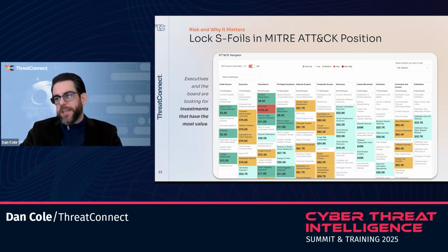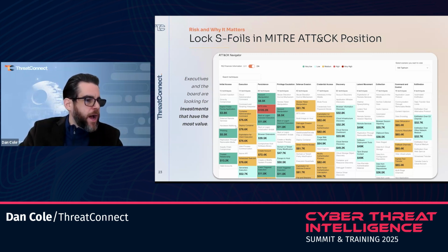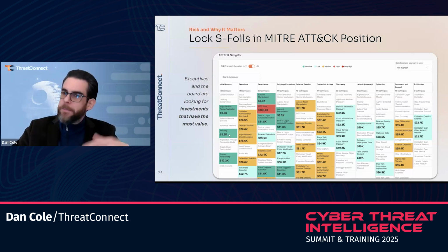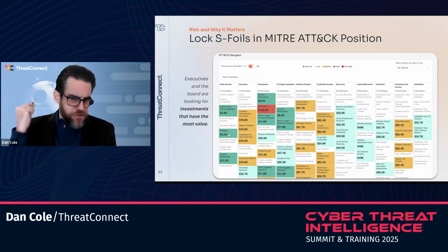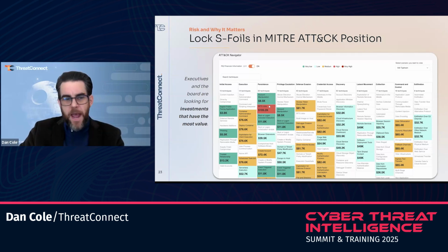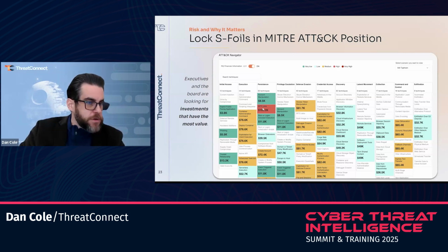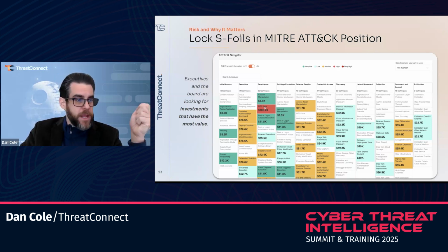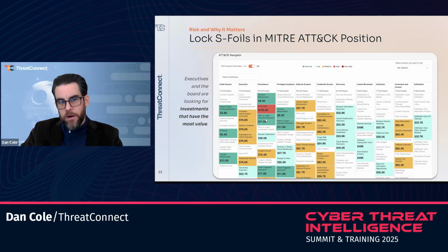So maybe one of your executives saw something in the news about phishing. Very common attack vector, obviously, but maybe you've got controls in place already, but they're like phishing, phishing, phishing. As a CTI analyst, BITS jobs are going to be the biggest risk here. So you can use these financials to make that case that, hey, we need more controls in place to do this. Maybe we need to hire somebody with expertise in mitigating BITS jobs. Maybe we need to have our threat hunters prioritize that as an attack vector.